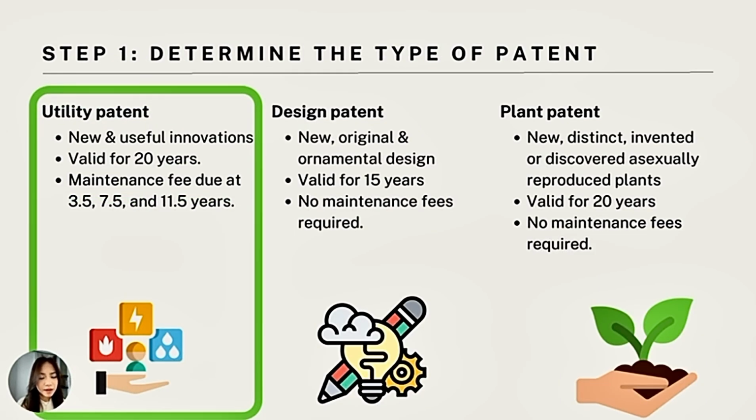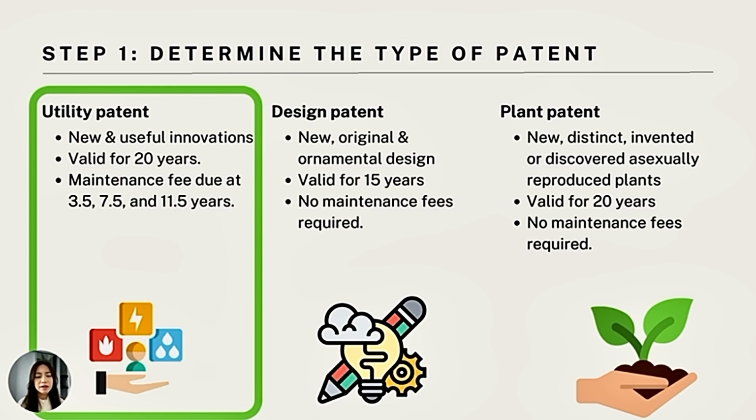So the first step is to determine what type of patent it is. There are 3 types: utility, design, and plant patent. Utility patents are for new and useful innovations. However, these patents are valid for 20 years, and they are the only patents that require a maintenance fee, which you have to pay at 3.5 years, 7.5, and 11.5 years after the grant of the